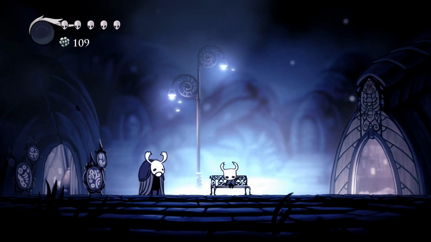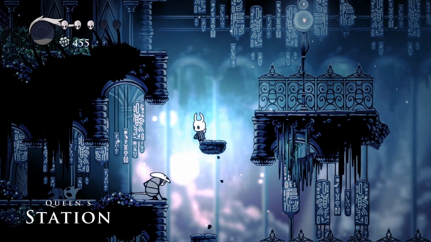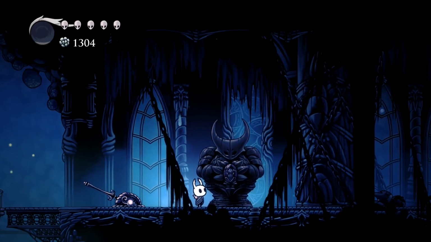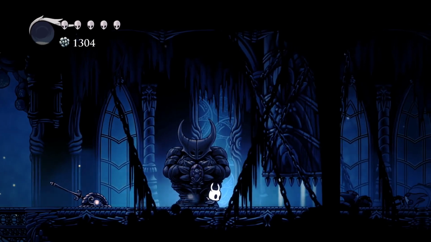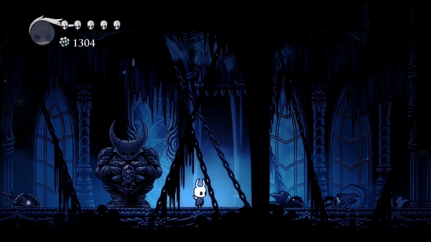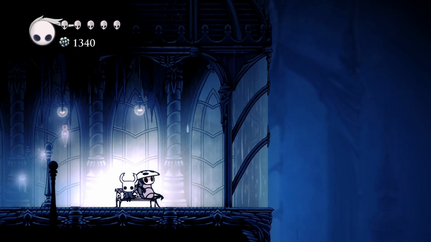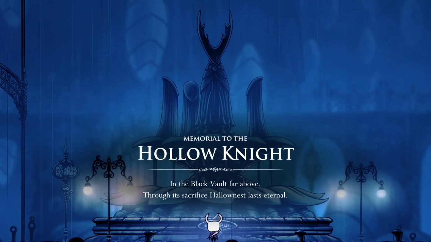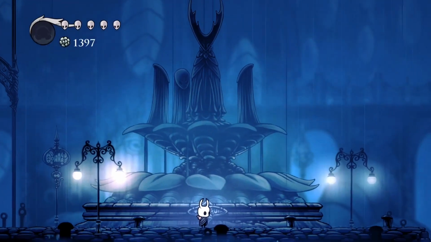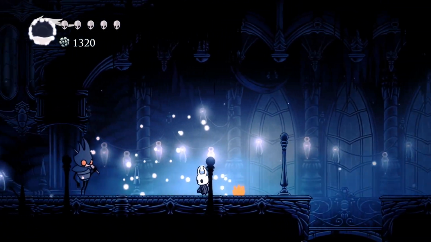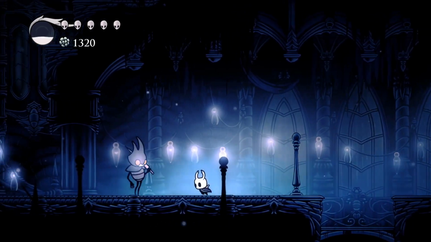It makes sense, too. It's the station of the Fungal Wastes, an area that gives you both a crucial movement upgrade and a gateway to arguably one of the most important areas of the game, the City of Tears. The City of Tears succeeds in its own atmosphere, with the gentle yet hastily moving piano in the background, almost emulating the sound of rain.